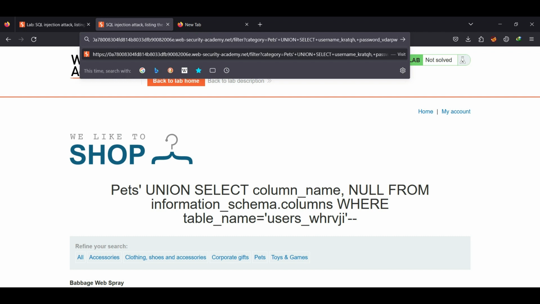And now the password from, we have to remove all the things here because we already know the value of the table name, so we don't need to write this query. Just remove the commas